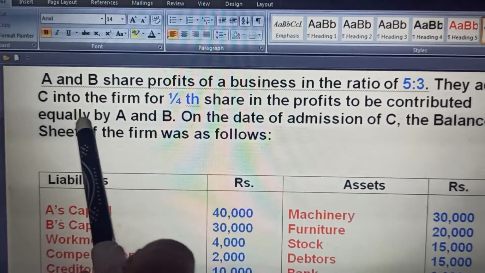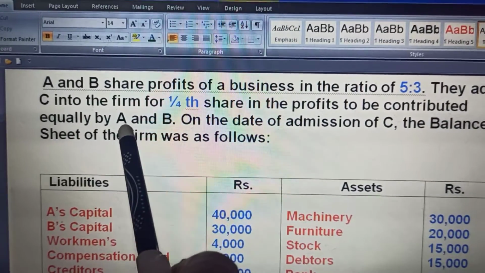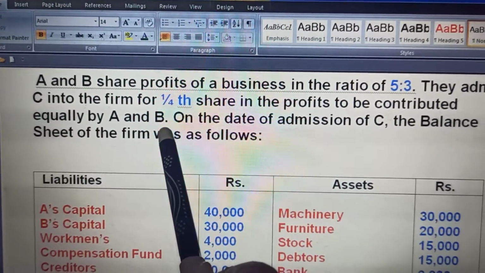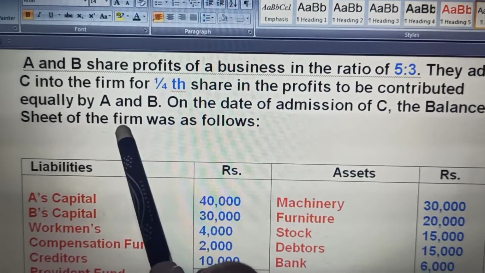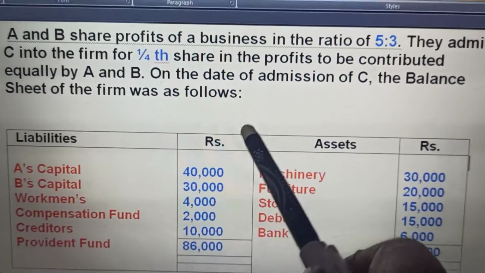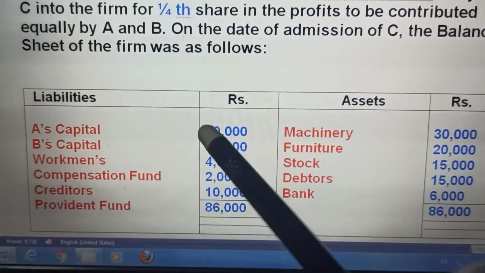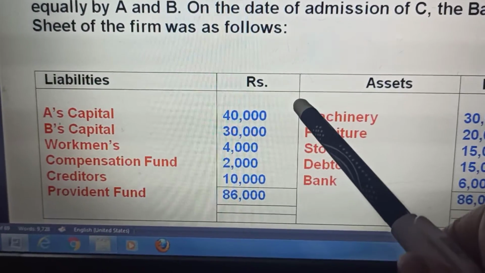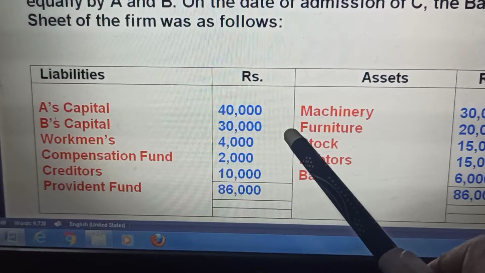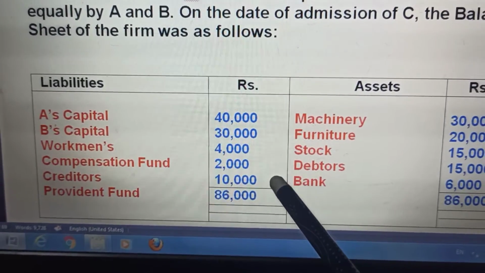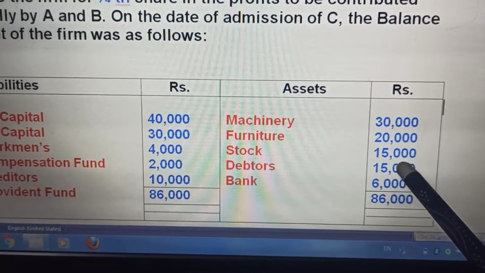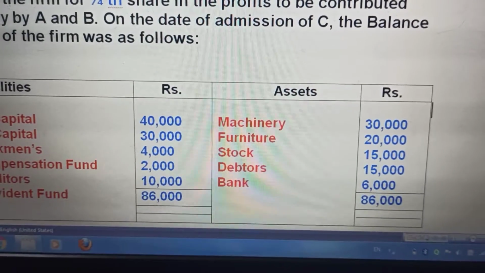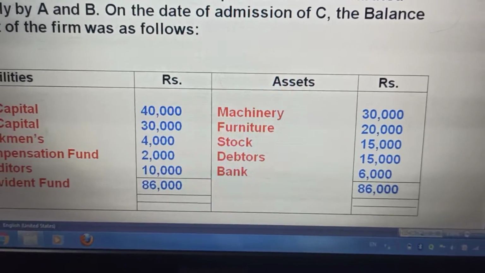Mark the line: equally by A and B. So sacrifice by A and B is equal, 1:1. On the date of admission of C, the balance sheet of the firm is as given. This is the balance sheet given to us. A's capital, B's capital, workmen compensation fund, creditors, all these things have been given. Machinery, furniture, stock, debtors, bank, these things have been given to us. Further they say, after that,